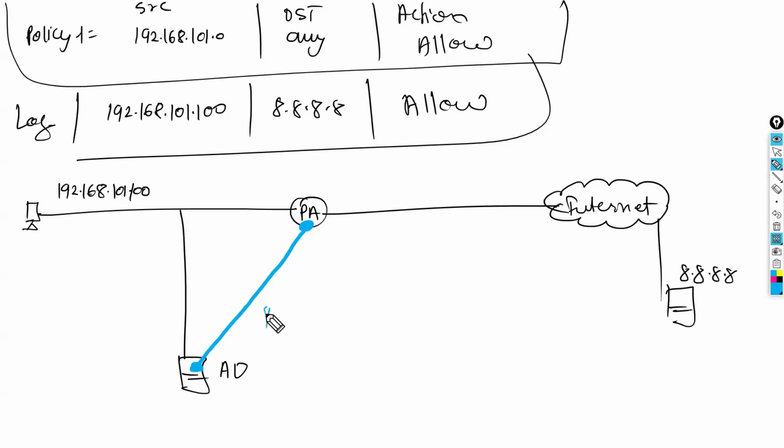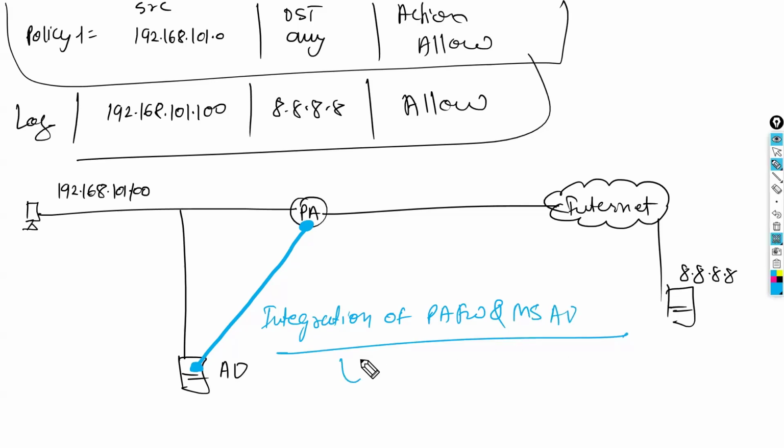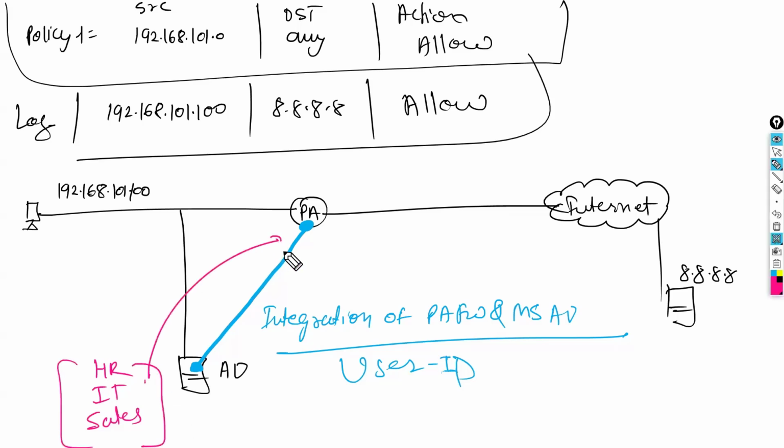Now we have the integration of Palo Alto Firewall and Microsoft AD. That integration is called User ID. Then what will we achieve with the help of User ID? At AD, we have groups like HR, IT, and sales. Those groups will be synced with